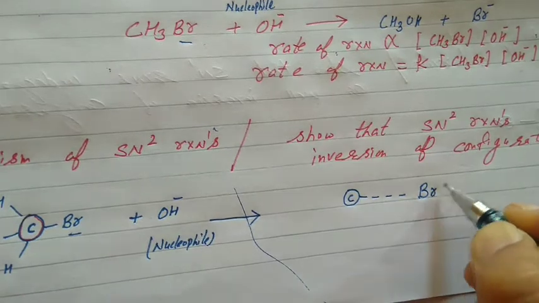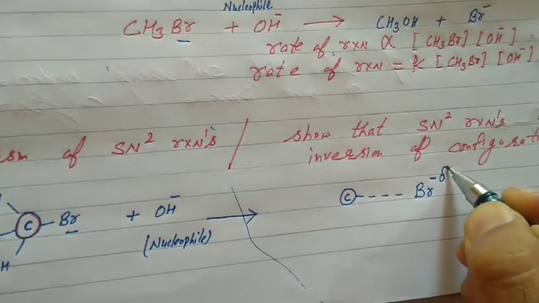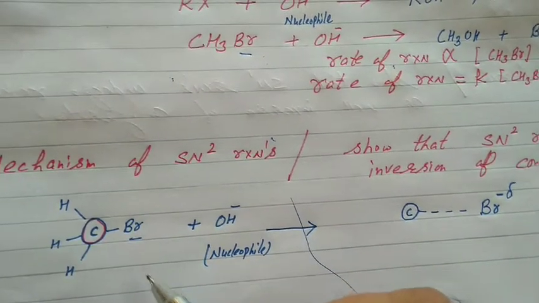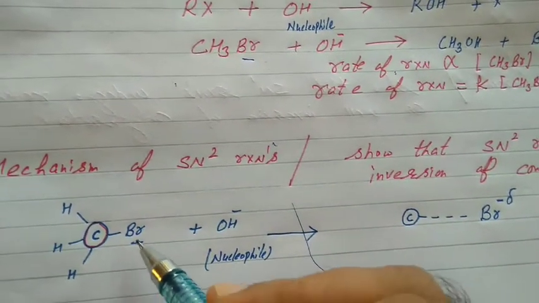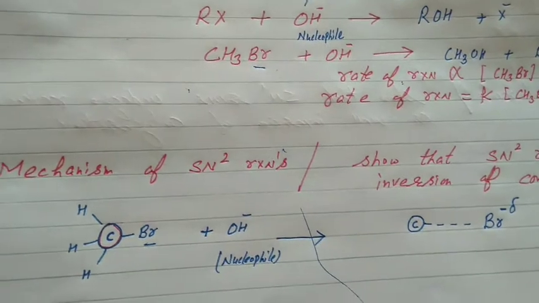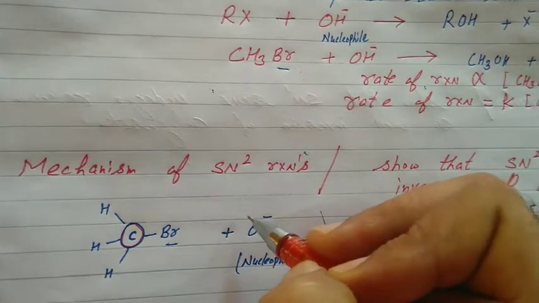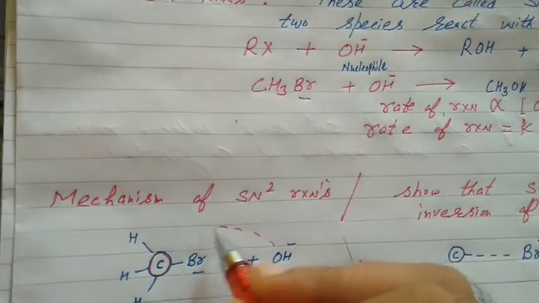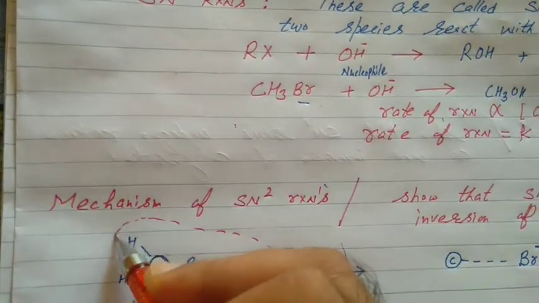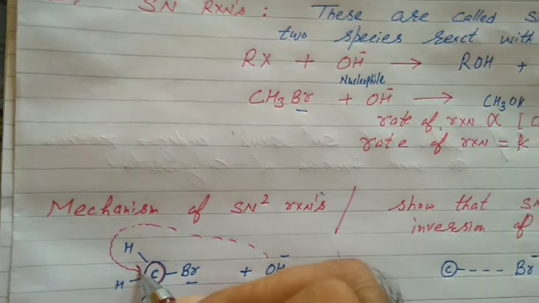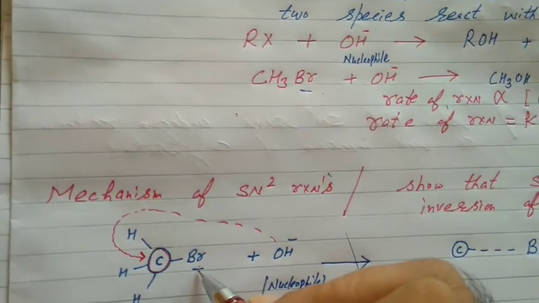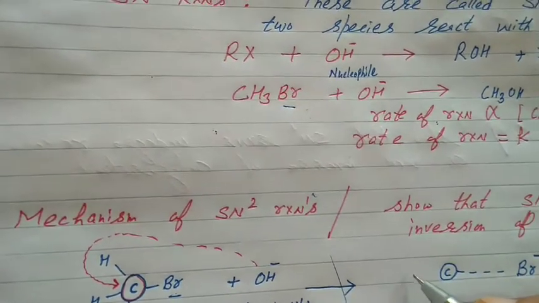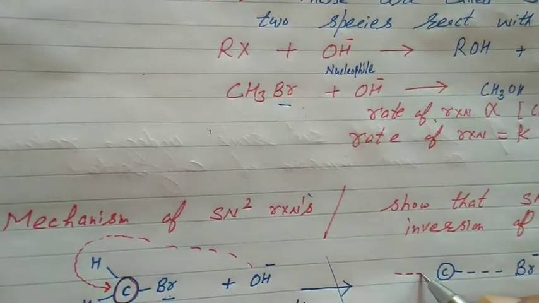Br has partial negative charge. It is electronegative and withdraws electrons of the bond. What will happen? It is the leaving group and the nucleophile will approach the alpha carbon. But please remember, the nucleophile will approach from the opposite side. It will approach the alpha carbon from the opposite side, because on the front side an electronegative atom is present. There will be repulsive forces. The nucleophile will approach from the back side.